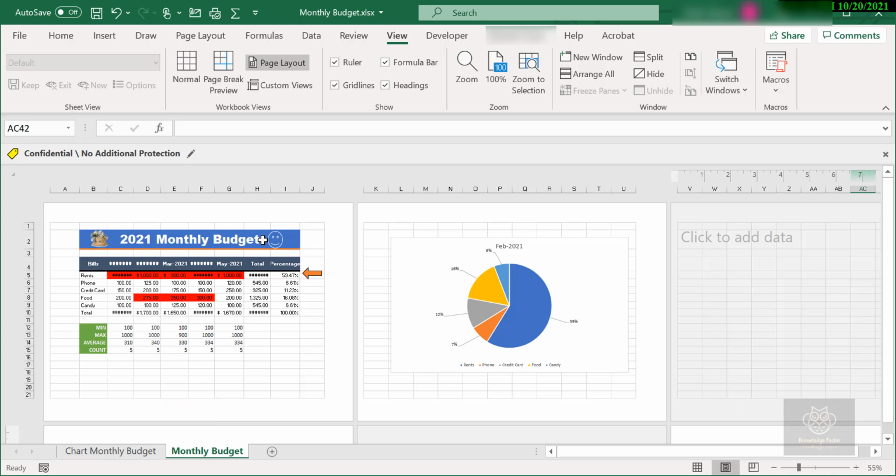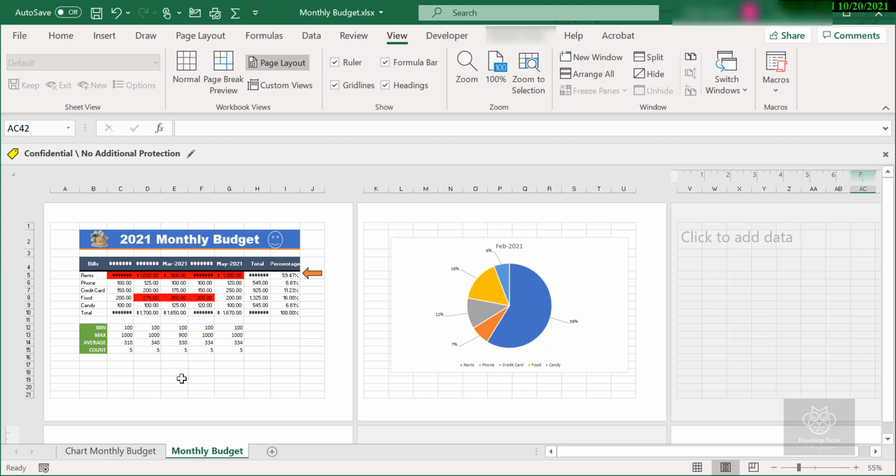But while we are here, this environment makes it super easy to work with the header and footer of your Excel document. So the header, I want to put something like a title. I want to say something like 2021 monthly budget, just in a small little text on every page. And in the footer I want the page number to show up in there, and I want a little bit of information to show up on each page within my Excel print.